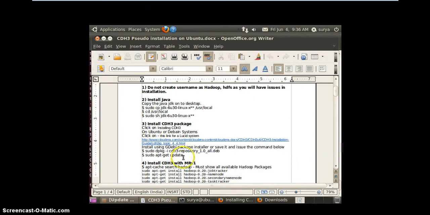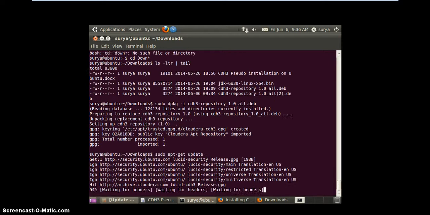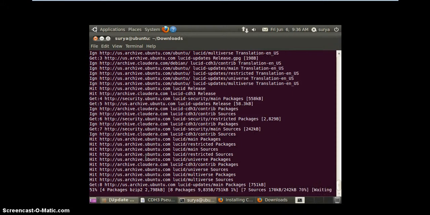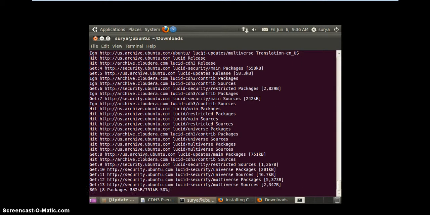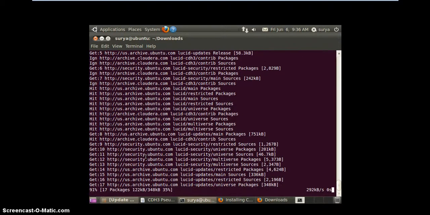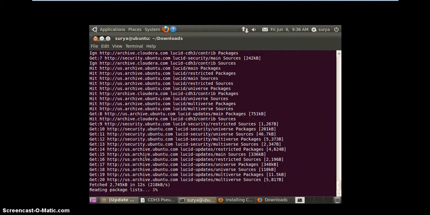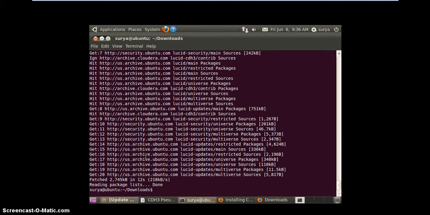Soon after that, you have to run sudo apt-get update. It will update if there are any new updates available for this particular package from cloudera.com. It is checking if there are any updates. Yes, there are a few updates which are being applied. Again, it depends upon your network bandwidth.